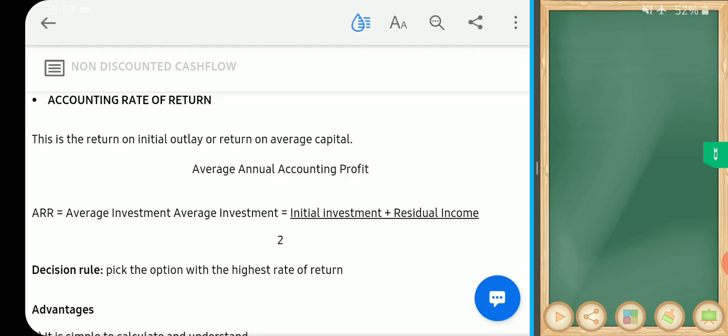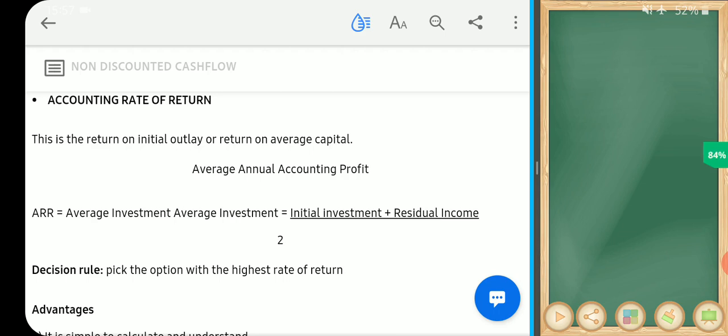That's what accounting rate of return does. It enables you to get the rate of return you are expecting on a particular investment, and it has a formula. The formula is average accounting profit over average investment. Sorry, the